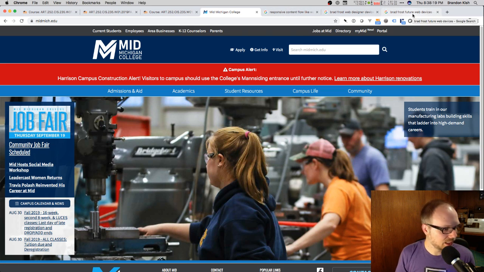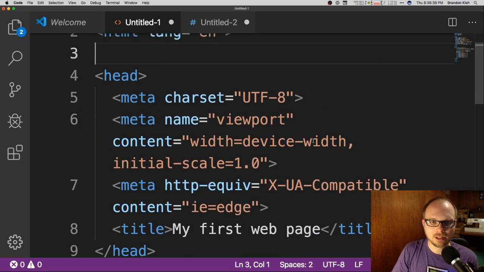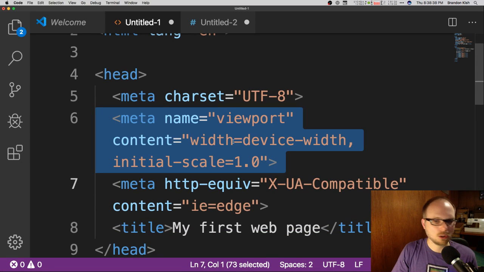Okay, I think that is the last topic I wanted to talk about. We have lots more responsive design, a lot of the technical aspects of it starting next week. You're going to learn about what a viewport is and how to control that viewport with a special tag, the meta tag. And I'm pretty sure I already had it up here on the screen. We're going to come back and talk about every aspect of this viewport, controlling the device width and the initial scale and what that means in our next live stream and in your next exercises.